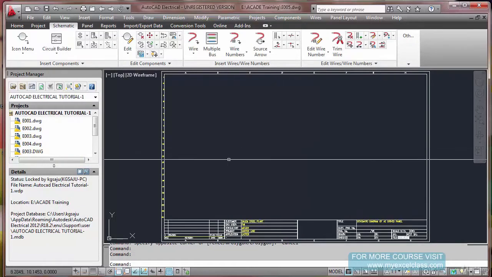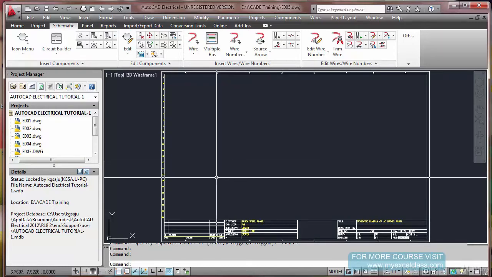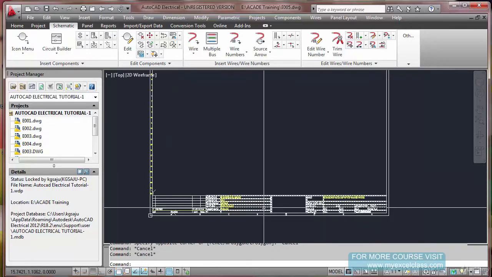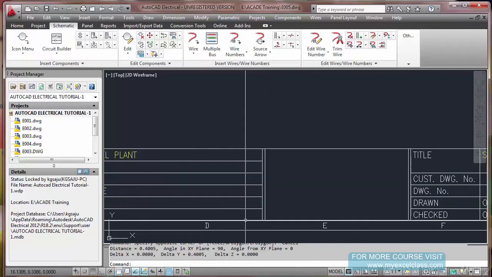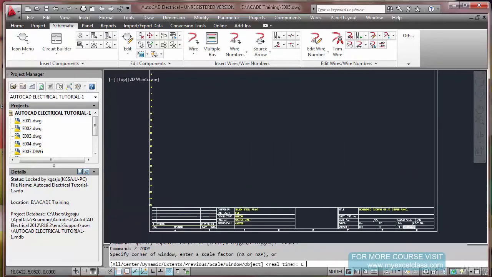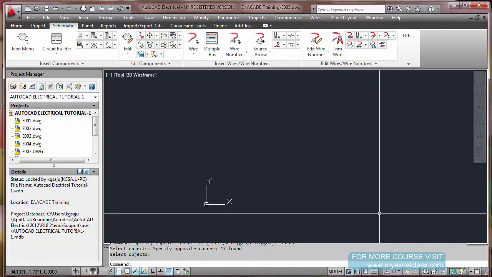So if I create a title block like this one, 33 by 21, it may be a little bit difficult for you to understand how much distance I am giving, because I have to go for points. See, if I measure this distance between these two lines, y is 0.4005. So it will be a little bit difficult for you to understand. So I am just deleting this. I am making a title block from scratch. So you will get a clear idea.